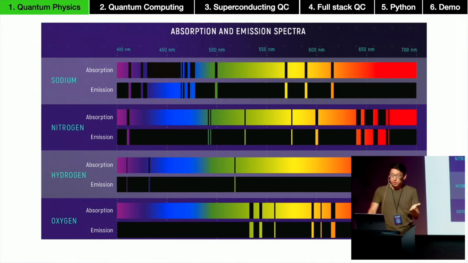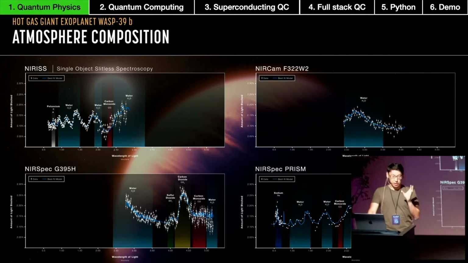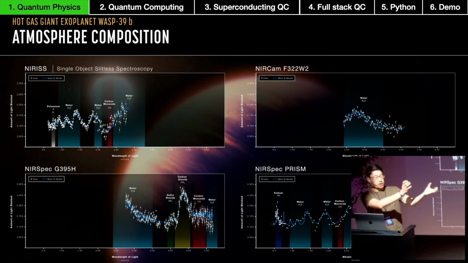Now we have the database, and then they used multiple special instruments on the James Webb Space Telescope, and they caught that exact moment when that exoplanet was in front of its star, so that the light going from the star went through the atmosphere, and they looked at that light, and they found those bars in that light, and now they know what kind of materials are in the atmosphere.